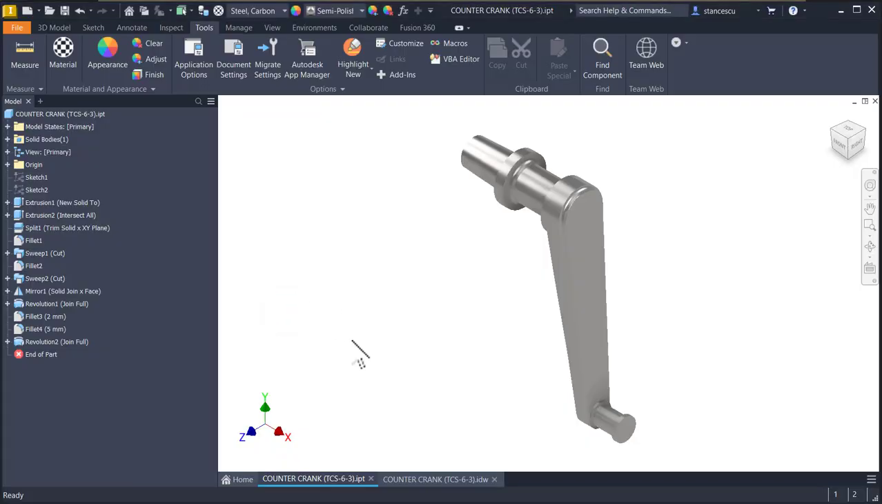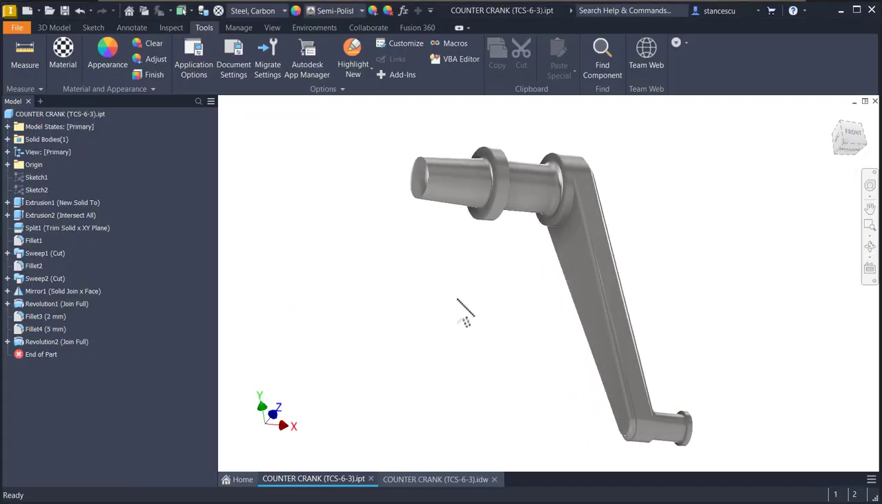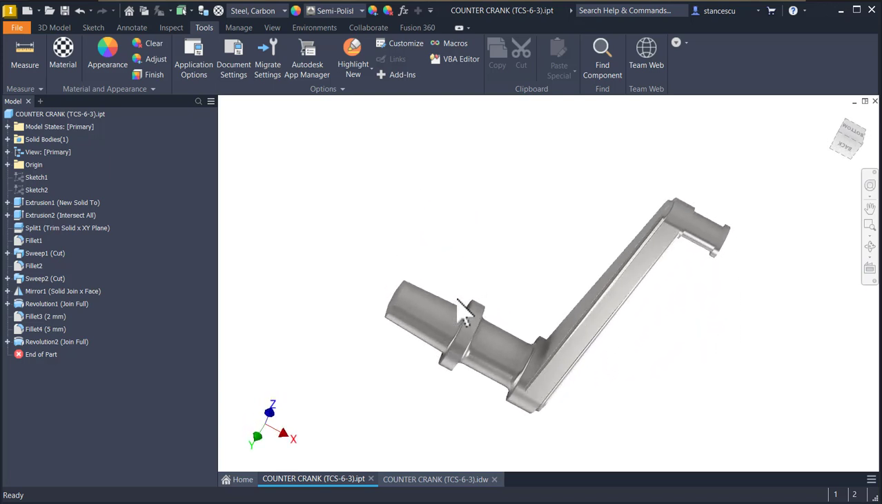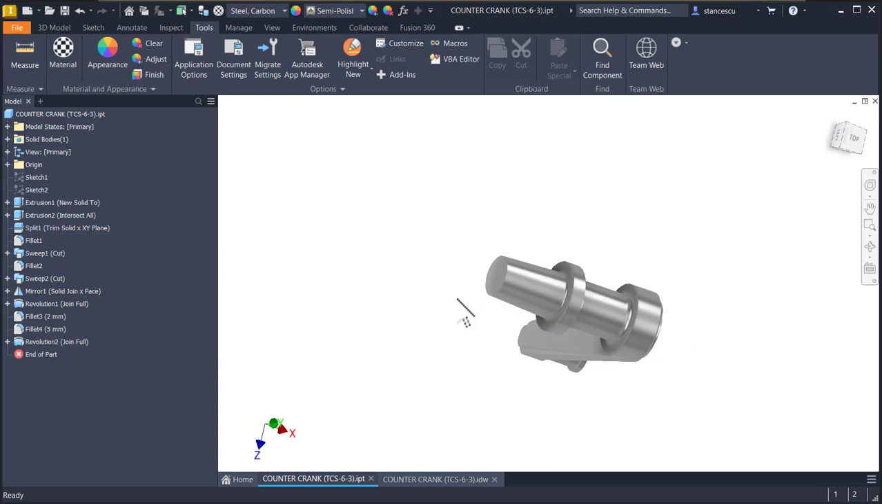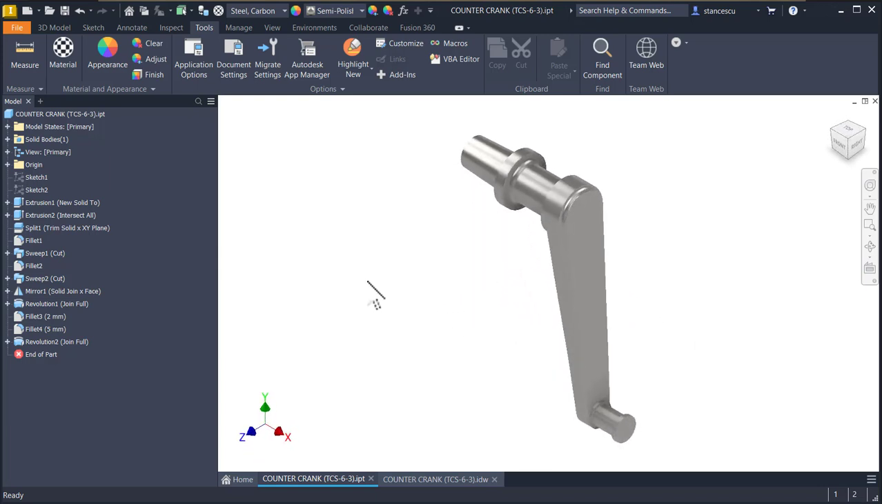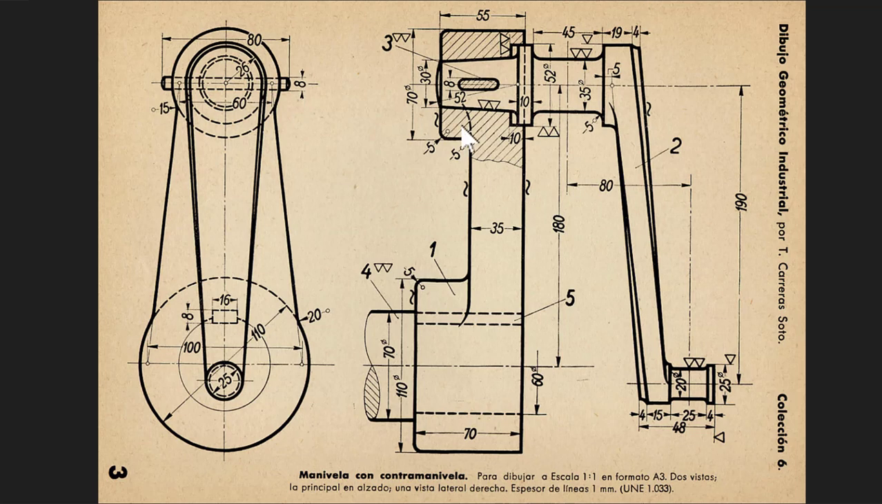Hi my friends, today we model this part which has some interesting features, as you will see right now. The source comes from Timoteo Carrera Soto and the part is this one. You see here a reverted fillet